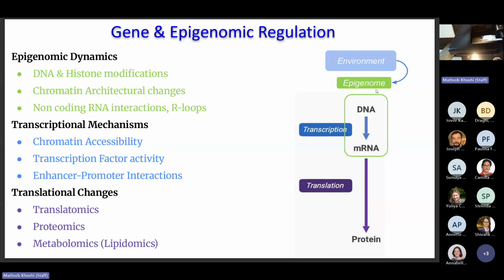The epigenome is important because that's where the environmental information gets transferred to the cell. Then we look at transcriptional regulation. I know lots of you aren't biologists, but all of you have heard of DNA. DNA gets transcribed to mRNA, and that process is tightly regulated. This is where genes get turned on and off. And then mRNA gets translated into proteins. Proteins are the things that do all the work in cells.